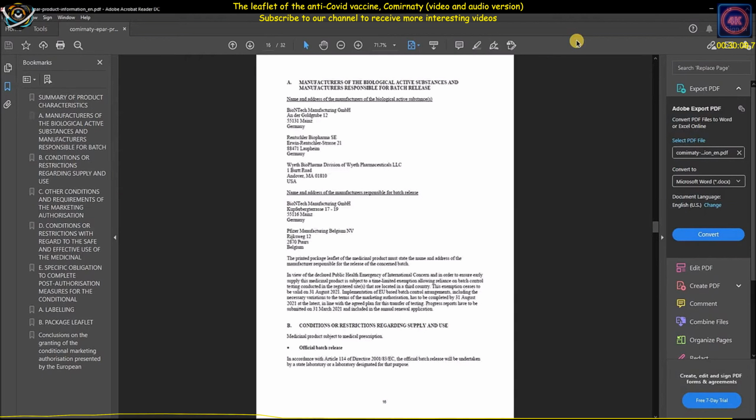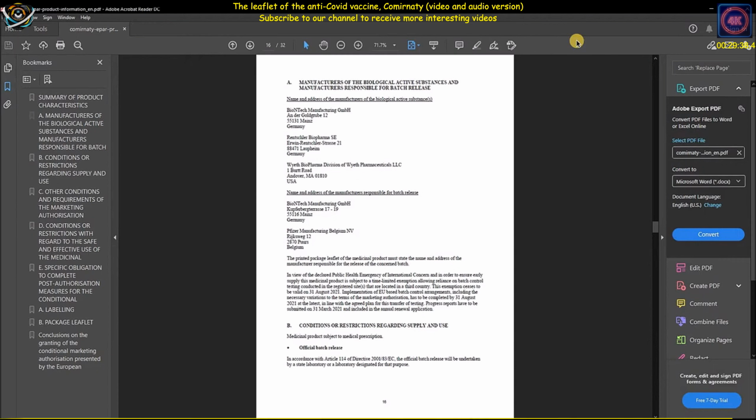A. Manufacturers of the biological active substances and manufacturers responsible for batch release. Name and address of the manufacturers of the biological active substance(s): BioNTech Manufacturing GmbH, An der Goldgrube 12, 55131 Mainz, Germany. Rentschler Biopharma SE, Erwin-Rentschler-Strasse 21,